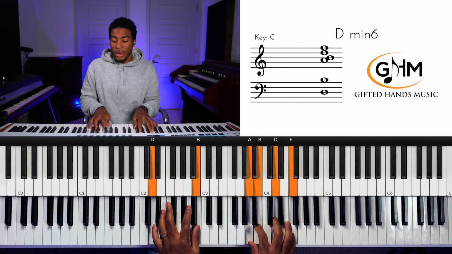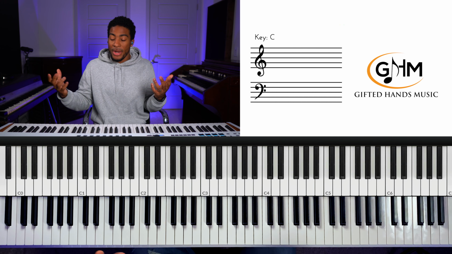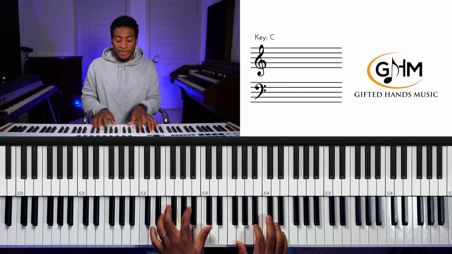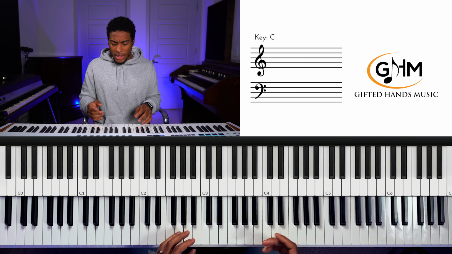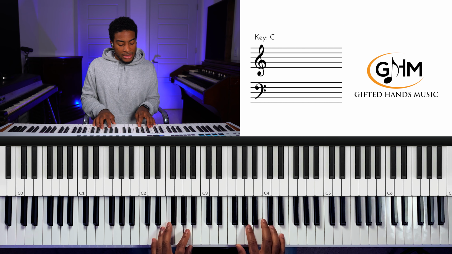So that's just borrowing from our minor modes, or from minor harmony. We're taking some minor harmony and we're applying it to this major song, to the song written in a major key. So we could do that, or even like if I were to play something like